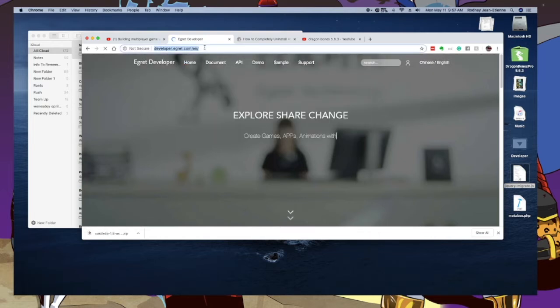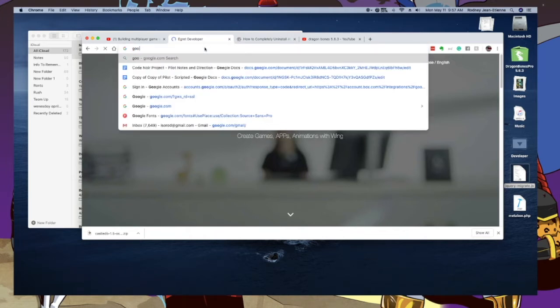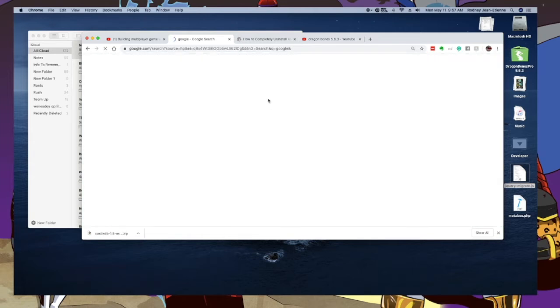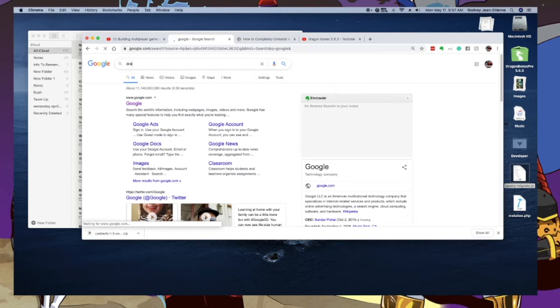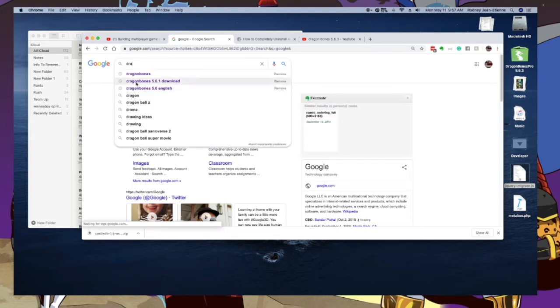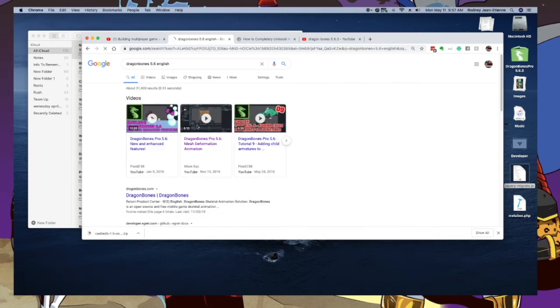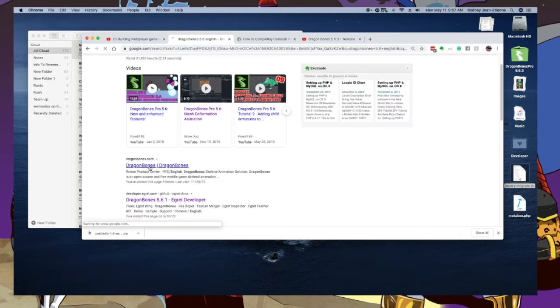What I basically started doing is, let's just say we go to Google real quick, and we're going to search for DragonBones, right? What you find out is DragonBones is created by a Chinese company named Egret. So if you type in DragonBones, and let's just say you said 5.6 English, you see these come up, but if you go to here, you'll go to dragonbones.com, and when you click onto that,